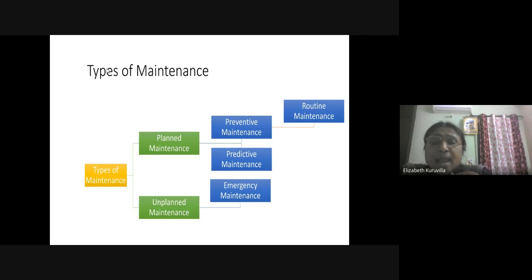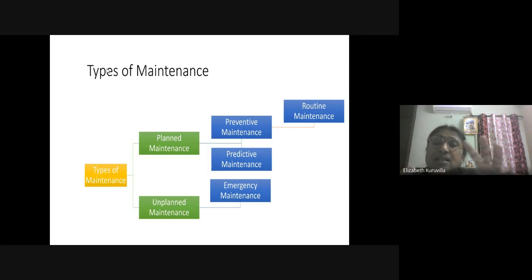Then the planned maintenance can again be divided into preventive maintenance, predictive maintenance, emergency maintenance, and routine maintenance. So these are another classification of the types of maintenance. What do you mean by preventive maintenance? That we want to prevent.